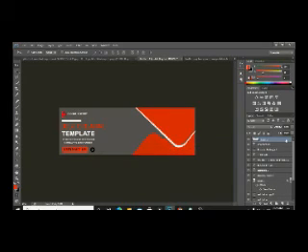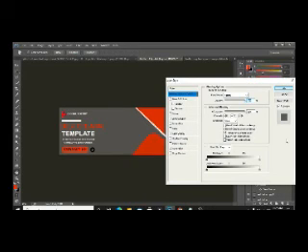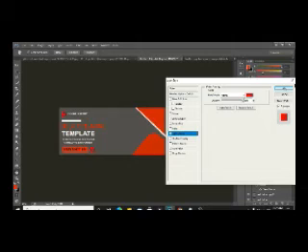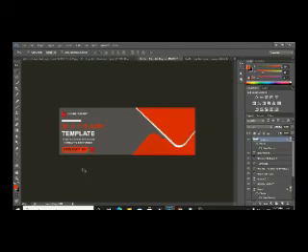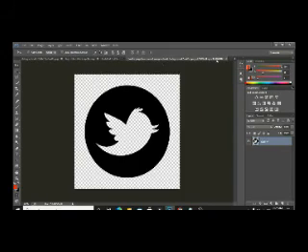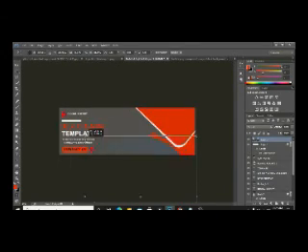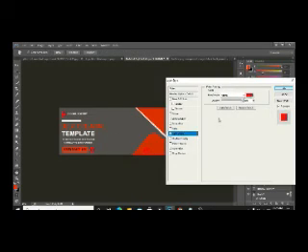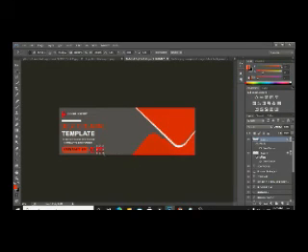Okay, we have to change the color of this as well. How you can do it: double click it and go to the color layer and it's changed already. That's it.